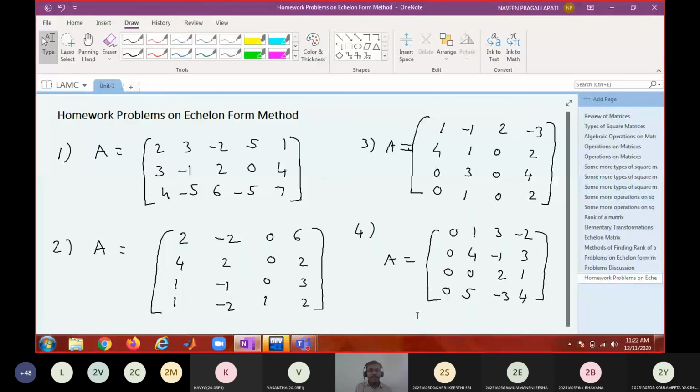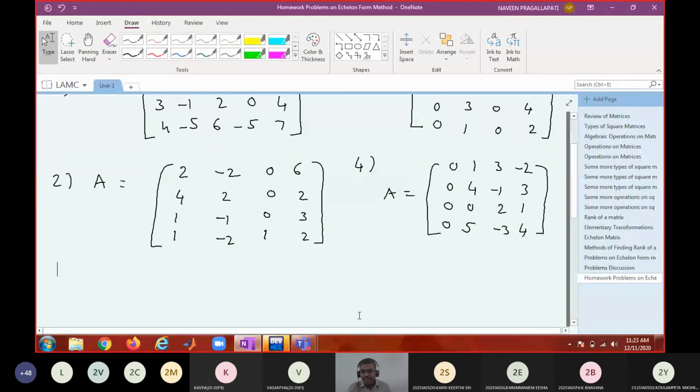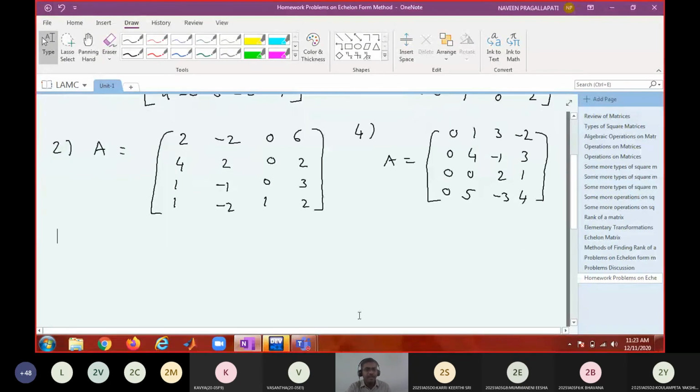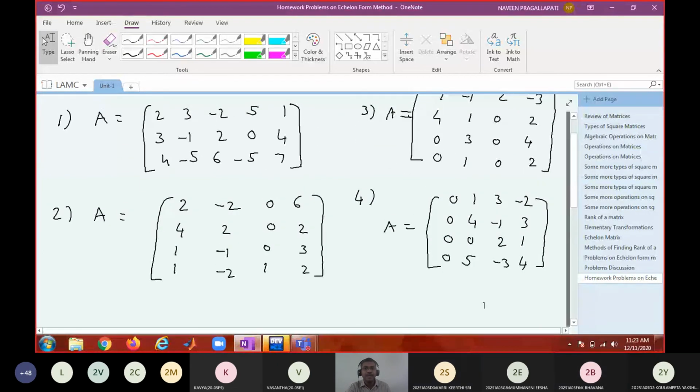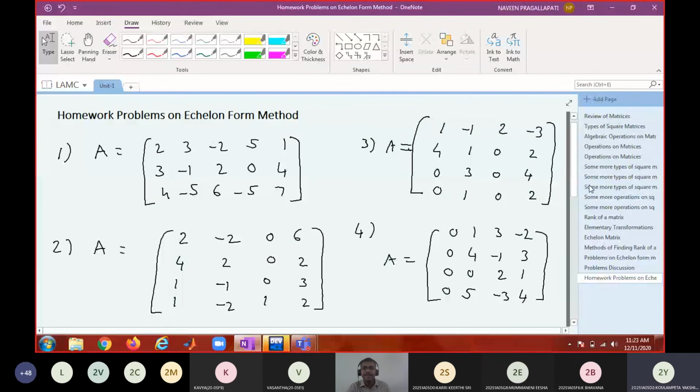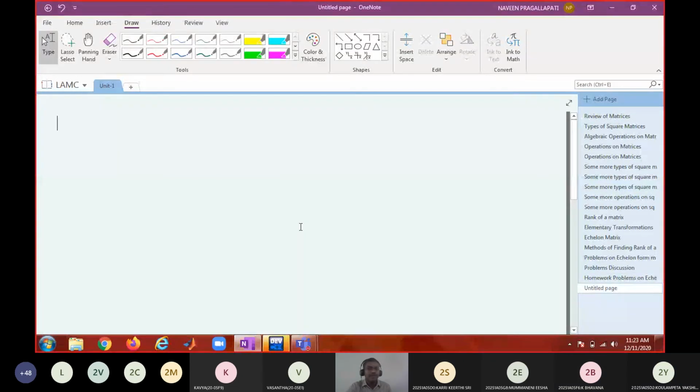Okay, don't do the remaining problems. Take them as homework. Sir, first one rank 2, sir. Yes, first one rank 2. So take the remaining 3 problems as homework. Second problem, third problem, fourth problem is homework. So I will just give a definition and then stop the class. Shall I proceed? Did you copy the matrices? Yes, copied sir.